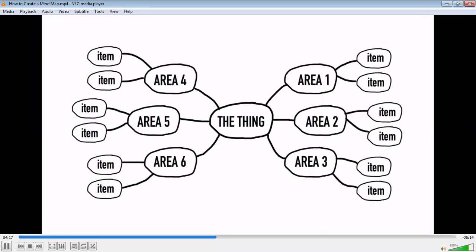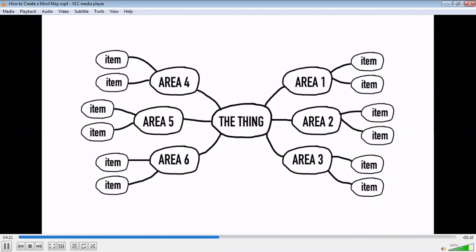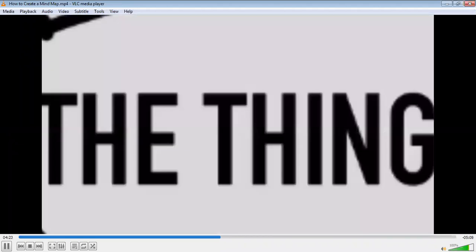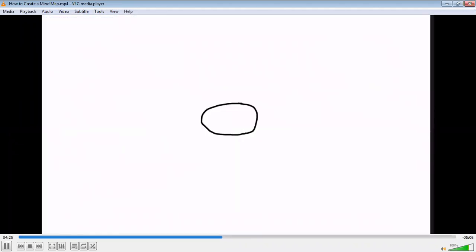So let's look at a practical example now. Let's see how to mind map your life. So once again, we're going to start with a central topic. And since you're going to map out your life, then my life would be a good name for the central topic. Now, to walk you through the thought process, imagine that you want to map out the rest of your life, or you want to at least create a mind map that encapsulates where you want to go with your life in the next few years.